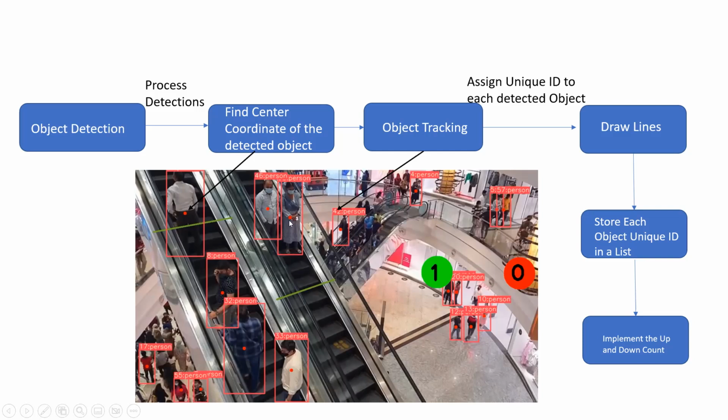In this case, we are only focusing on the center coordinate. So when the center coordinate of the detected object, or the center coordinate of the bounding box, crosses this line which we have created in green, that is, when this red bounding box crosses this line, we add the unique ID of the object into the empty list which we have created. And at the end of the video, when all the objects have passed through this line, we find the length of the list and say that this is the total count of the objects which have passed through